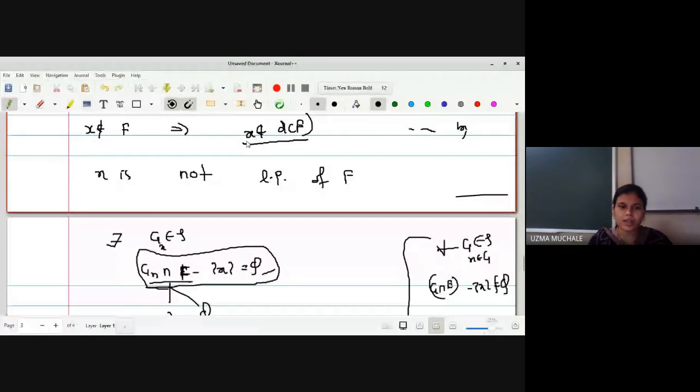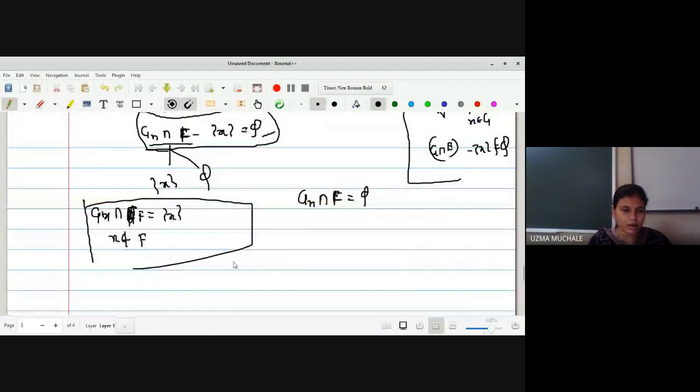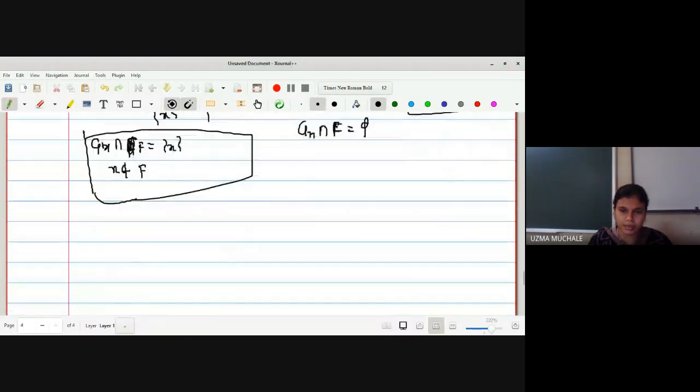The confusion I think you have is because X is not a member of the derived set of F. The notation E we had already used, so that's why I have written E. But we are here checking for F. So hence Gx intersection F. If X is not a member of F, obviously it will not be a member of the intersection. So the possibility is that Gx intersection F is the empty set. I hope you know this property.